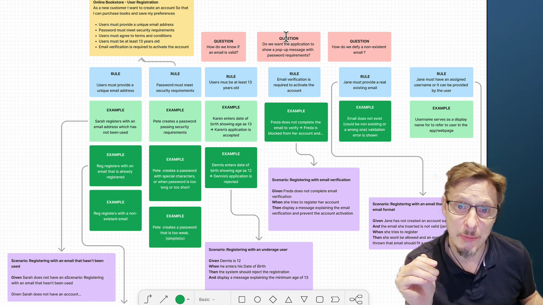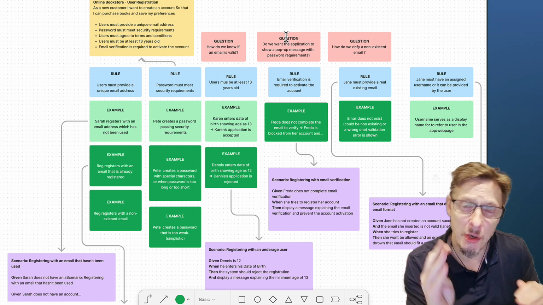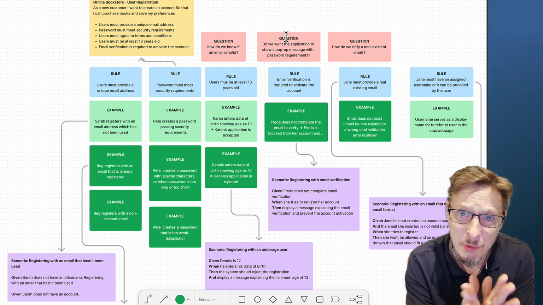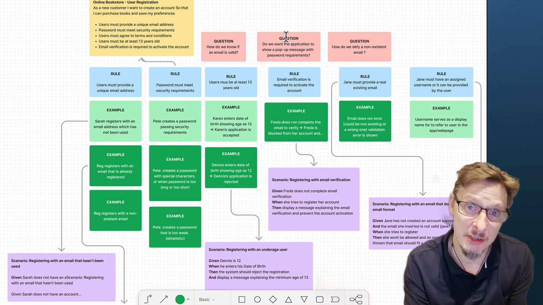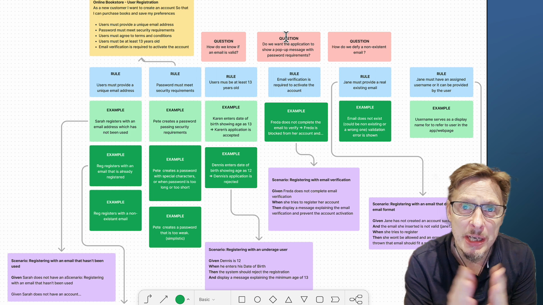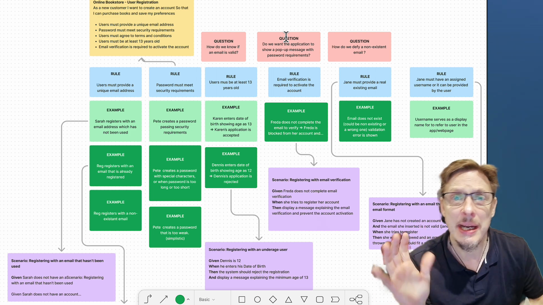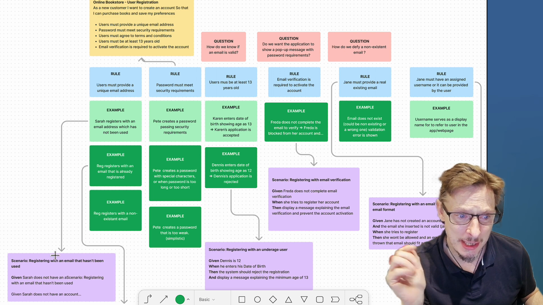We might even come up with questions that we put as red or pink cards to try and clarify things that we can't answer in the session. We might need to go away and do some research about that. And the beautiful thing about an example map is once you've got that clarity, it becomes much easier to transition